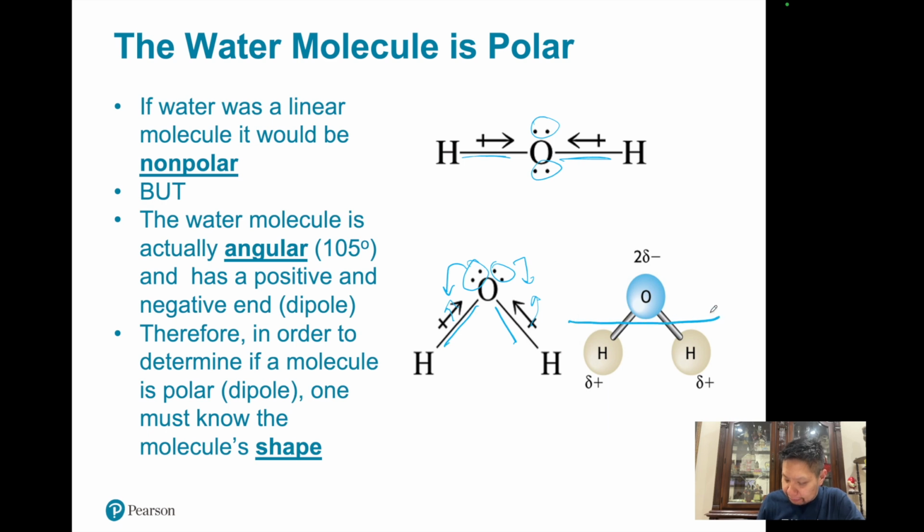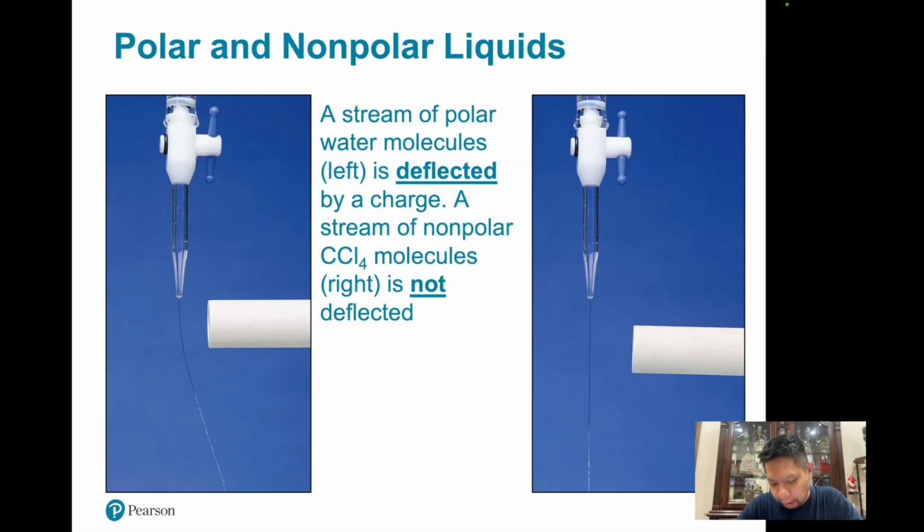So if you cut this guy in half right here, then you can see that it's not symmetrical on both sides. It's negative on one side, positive on the other, and so that's why it's polar. How do we know for sure, though, that water is polar compared to other things? Well,